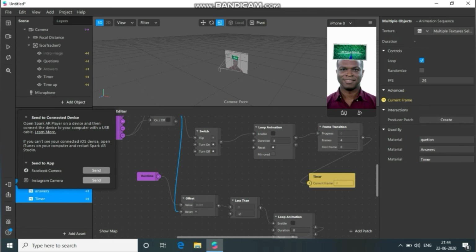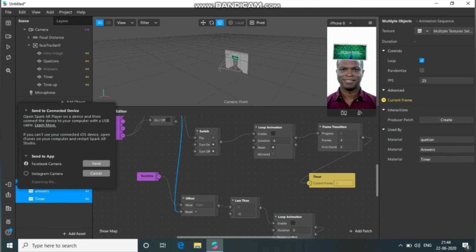Instantly we'll get the notification on our mobile. From there you guys can test whether everything is working fine or not. If everything is working perfectly, then we will have an option called export and upload. Export it. From there we can easily publish our filters.